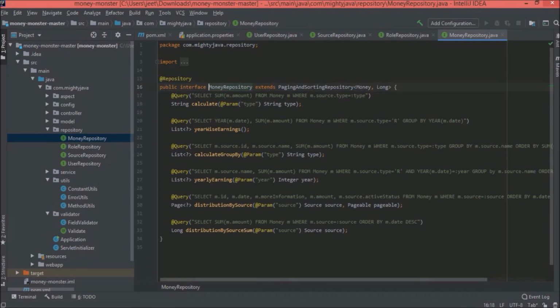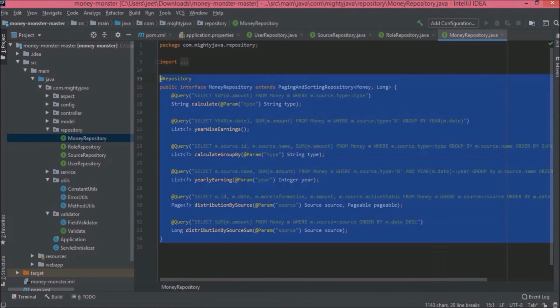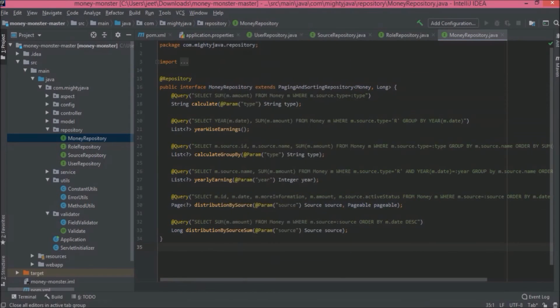Yeah, this money repository is important. This file is doing all the calculation related things. So let's close everything.